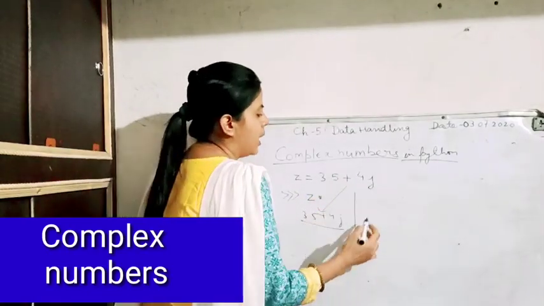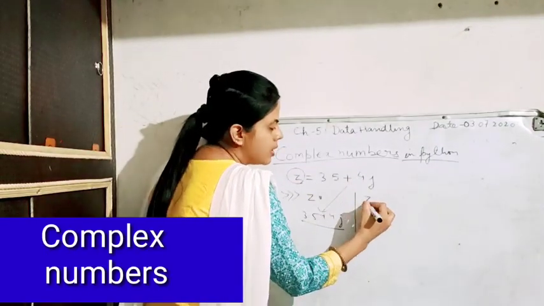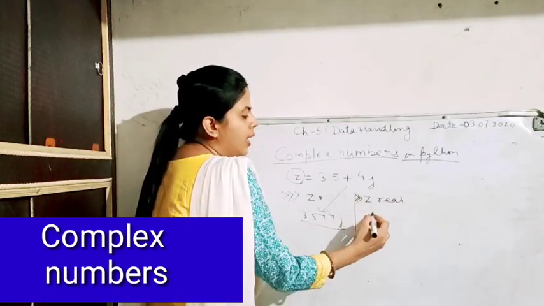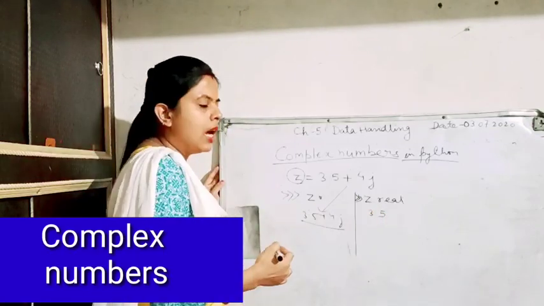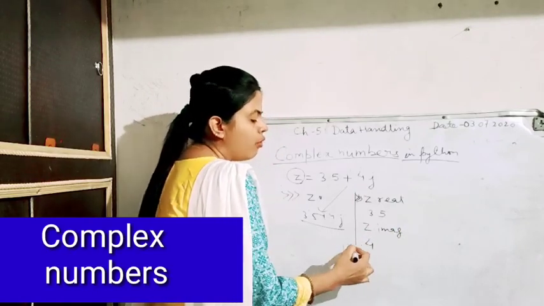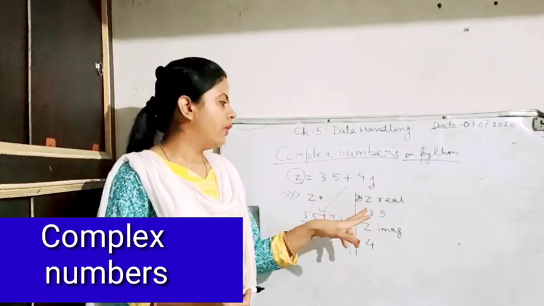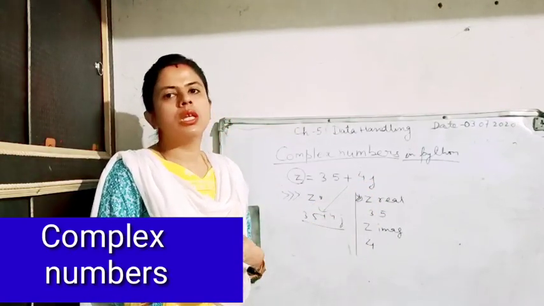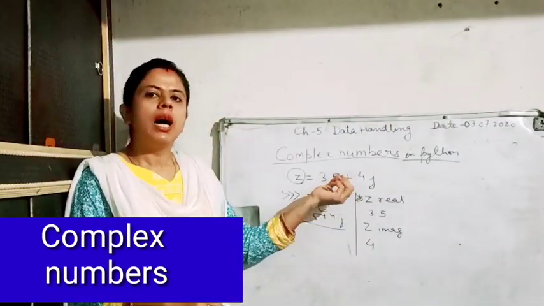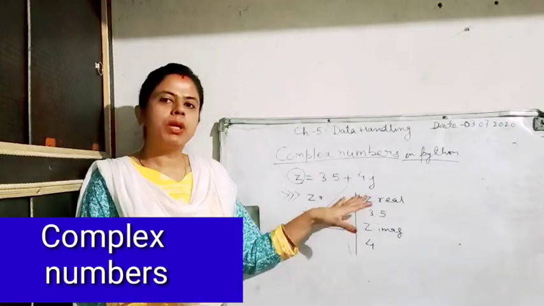So in two parts, we can bifurcate this real and imaginary part, and we can print it with a statement. If z is representing this whole value, I will write z dot real. When you write z dot real on the prompt, it will give you the answer as 3.5. And if you write z dot imag, it will give you the answer 4, because 4 is the number which is representing the imaginary part, and 3.5 is the real number. So this is how the complex number is represented in Python. We will not use i, we will use j here because i is already reserved. So that's all for the number data types.